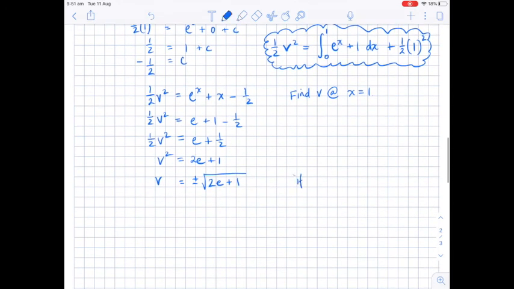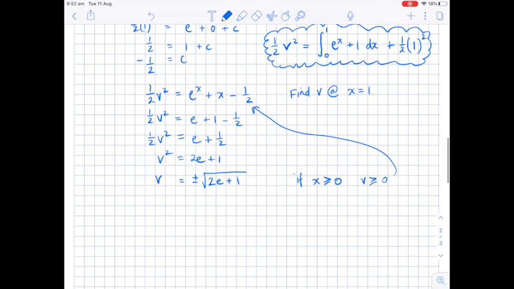So I need to actually write, if x is greater than 0, then v will be greater than 0. Going back to my equation, I can work out what it's going to be exactly, but I know it's going to be greater than 0, so I can exclude the negative value and just put my answer as the square root of 2e plus 1. And that's the end of the